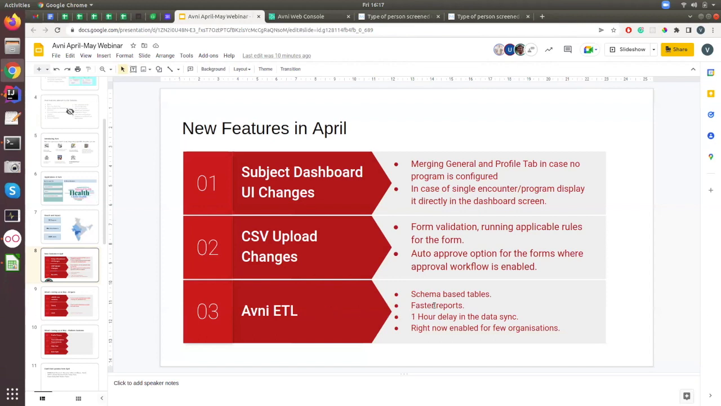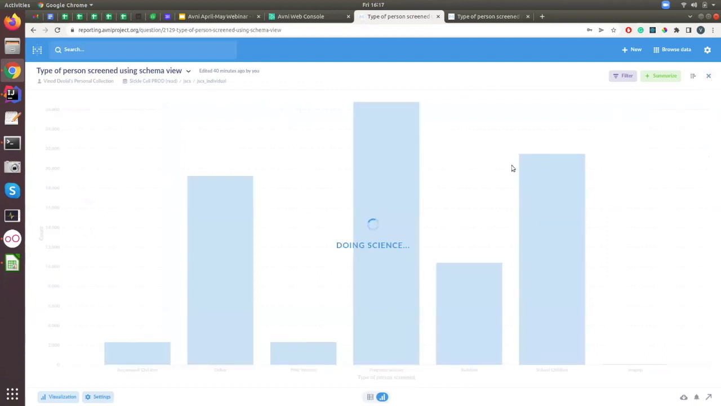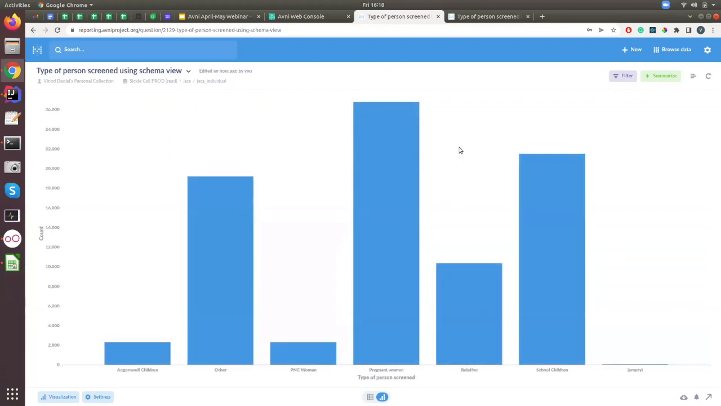Okay, just to show you one quick difference of how the performance has changed, there is this one simple report. This report uses the old views, the schema views, right? So if I basically refresh this report, you see that it is taking some time to load the data. Okay, and it's a very simple report. If you know SQL, it's just one group by that we have written, and now using the